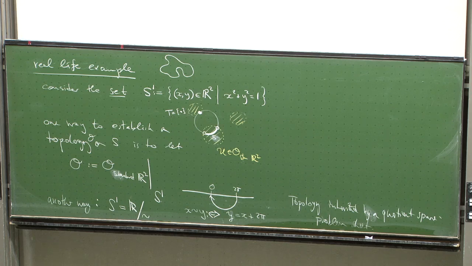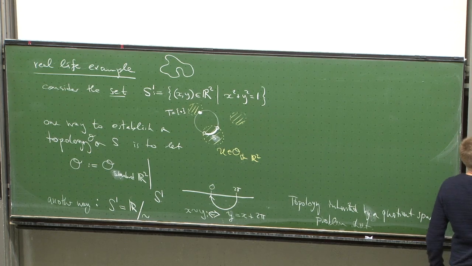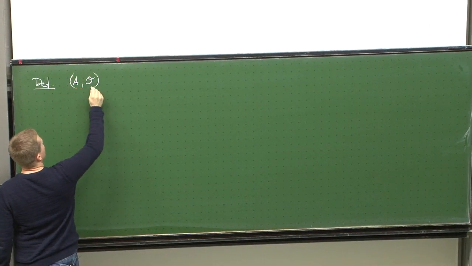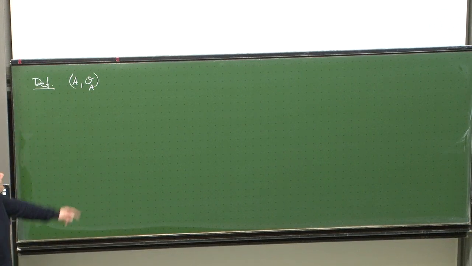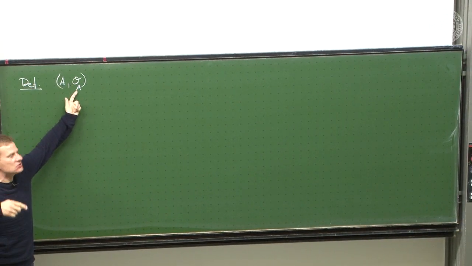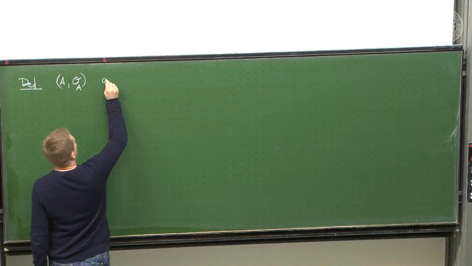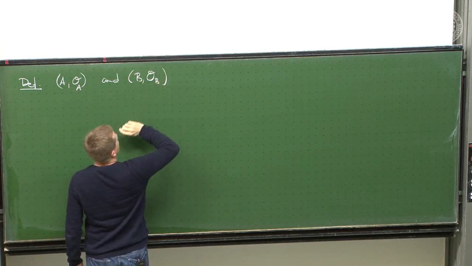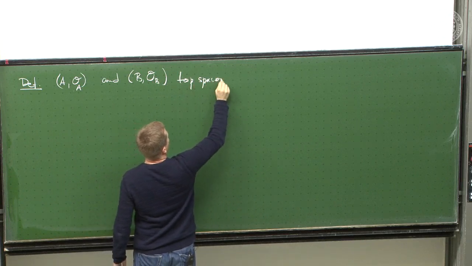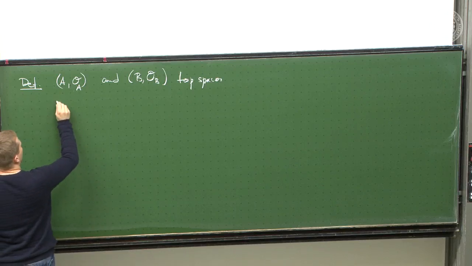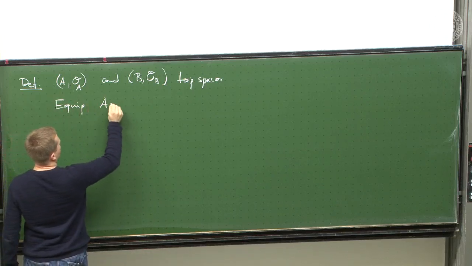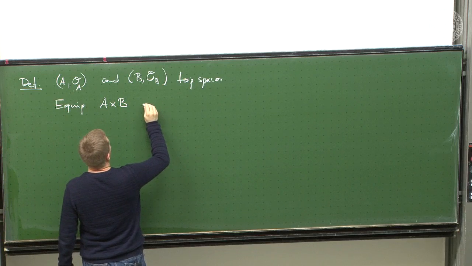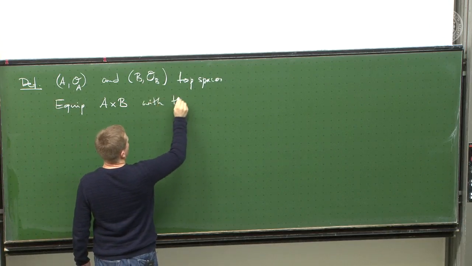One more definition, a very important one: how do you inherit the topology from two spaces? Let's have a topological space A with a topology O_A. It's now not the induced topology, it's just one topology. And let's have B with O_B, let these be topological spaces. Now, very often you wish to equip the Cartesian product of these two spaces. You do this all the time, implicitly. Equip the Cartesian product with the so-called